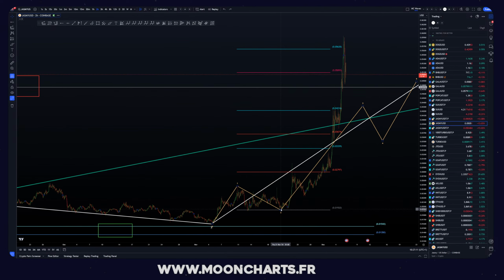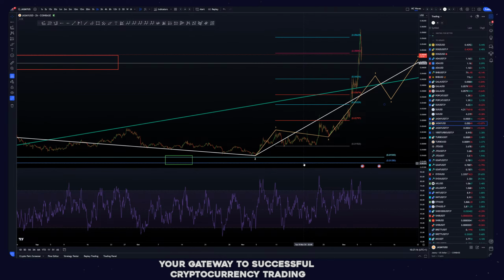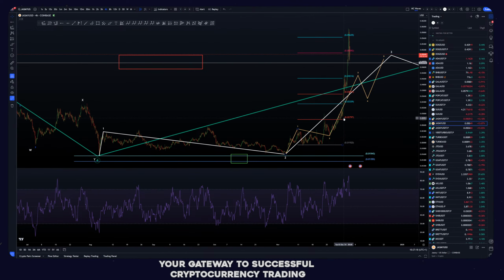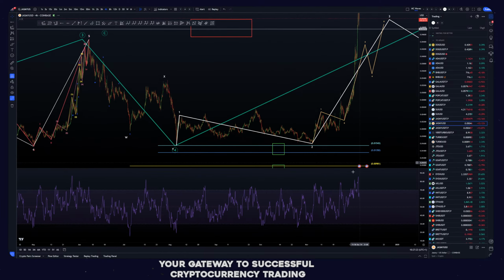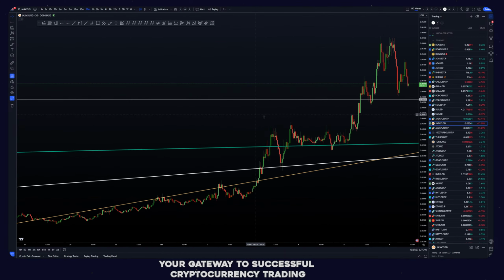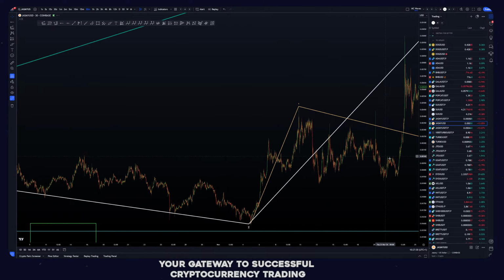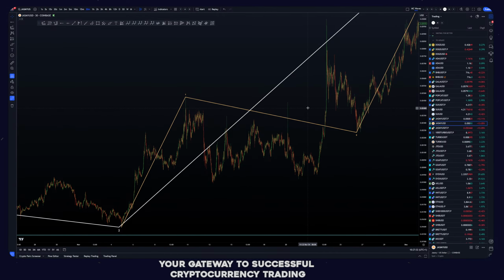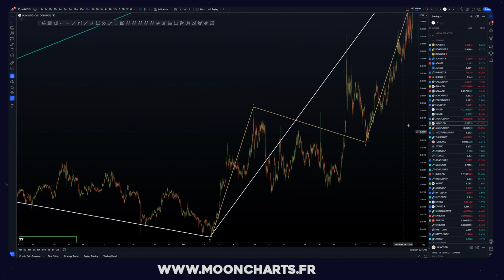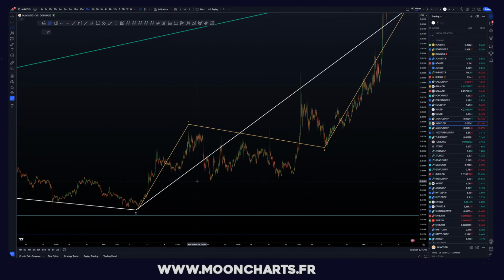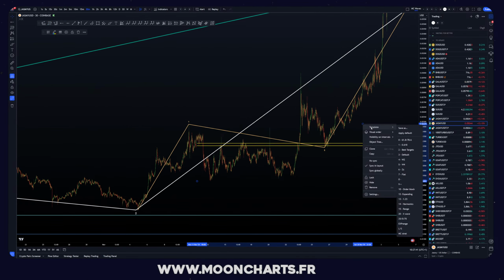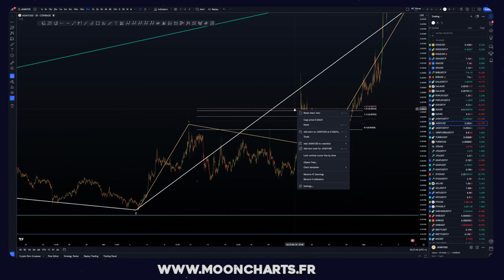Now I might give a bit of a longer wave 2 here, not gonna lie. Let me just get rid of a few fibs there. 1, 2. I don't like this much at the end. Way too high.